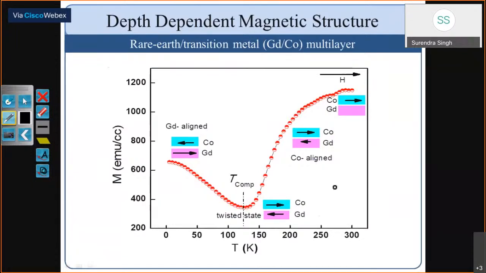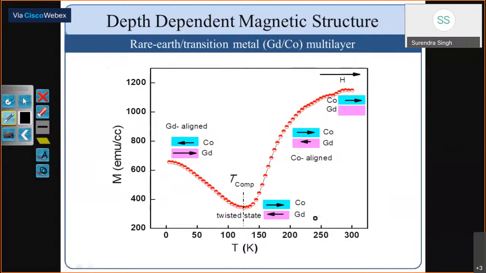Okay, and our aim was to study the magnetic structure, what is happening basically here, because this SQUID data won't show anything. It is just saying there is a compensation temperature, and maybe one magnetic moment is increasing, the other is increasing in the other direction, which is compensating here, and then something is happening. So you cannot explain this unless you determine the magnetic structure of both the cobalt and Gd as a